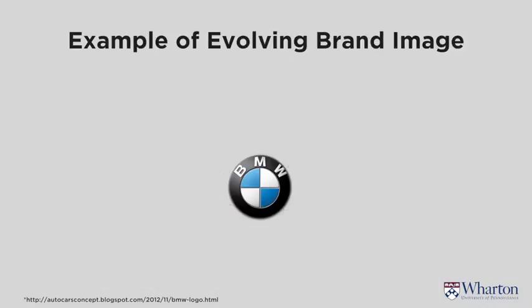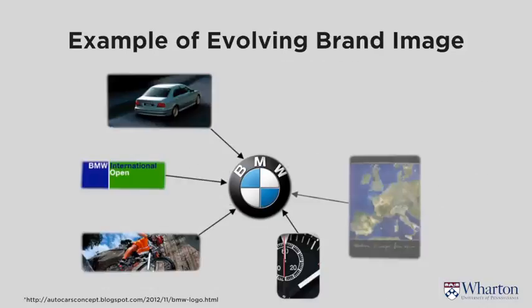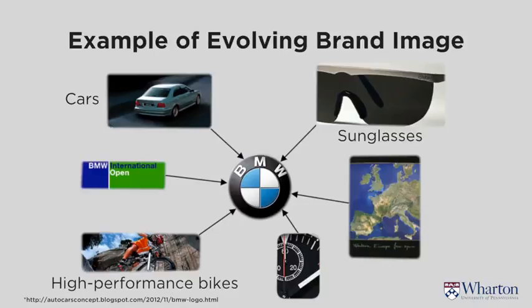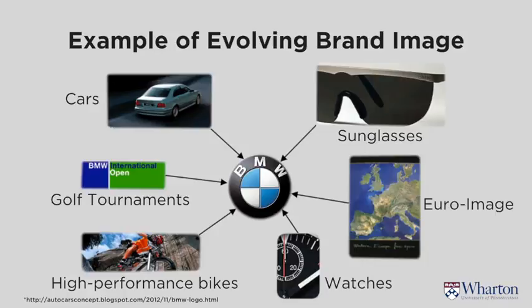How did BMW cultivate it? They did it through a lot of sponsorships. They not only were very careful with their advertising, they emphasized performance, which is something that can stay modern, but they also changed their design of the cars. They had BMW sunglasses. They sponsored high-performance bikes. They sponsored golf tournaments. They associated their brand name with young and powerful and good imagery, and so their associations never did turn negative, and they stayed a very positive association.